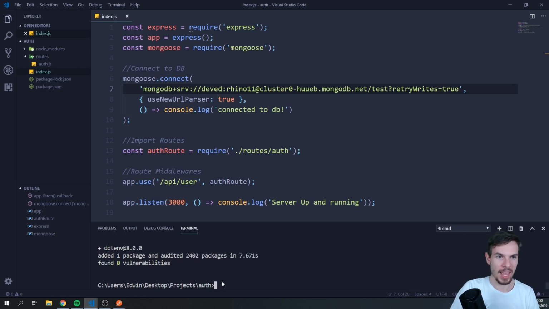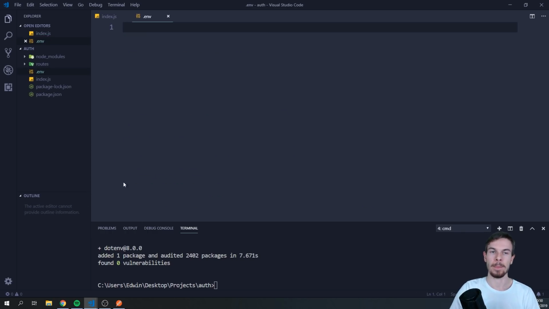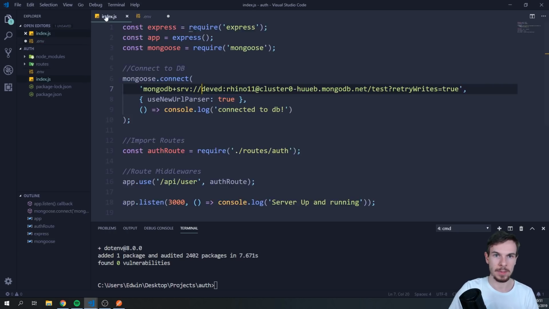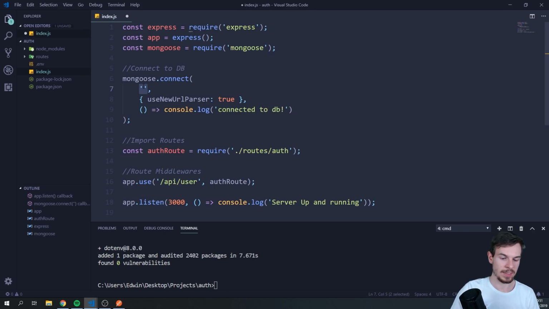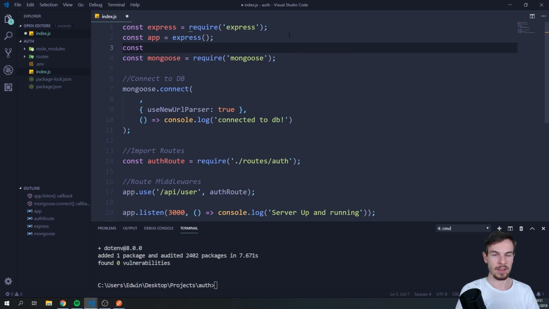So once we have it installed, all we have to do is just create a new file on the root. So we're gonna call this .env. And in here, we can add a DB_CONNECT and set this equal to, and I'm just gonna copy everything from here and the string, cut it out and paste it in here. Okay, hit save. And now we cannot use that anymore in here. So let's import that dotenv, const dotenv is equal to